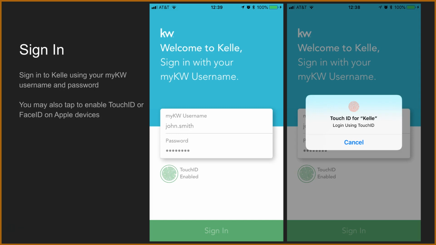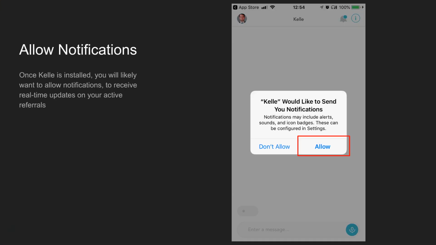Where was that? Okay. Actually, because Kelle is, let's see. Oh, I skipped a step here. Once you are signed in, more than likely you're going to want to allow notifications so that you can get real-time updates on your referrals that you're working with other agents, and eventually on your contacts and your calendar and deals that you're working on, and tasks and follow-ups and things like that,